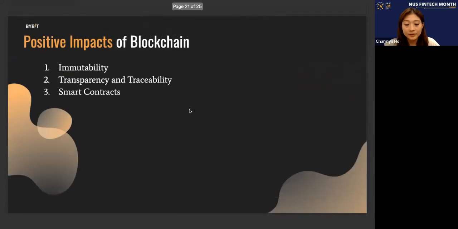Okay, so then we'll go into the benefits of blockchain. So I think when we look at the entirety of things, there are many benefits that blockchain technology can bring to the table. But I think these are the three main and most overarching ones that I would like to share with you guys. So first is immutability. And as mentioned, it's impossible to erase, edit, or replace recorded data on the blockchain. Therefore, the immutable nature of blockchain networks prevents data tampering within the network.